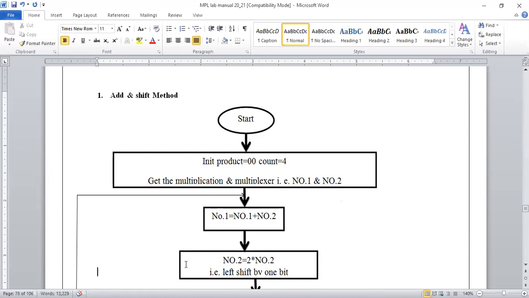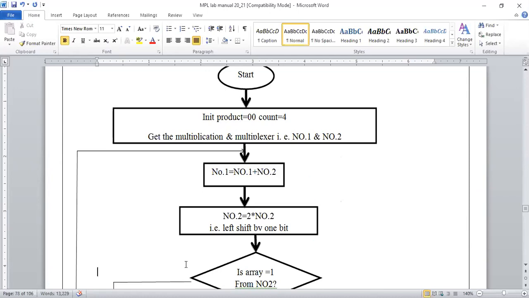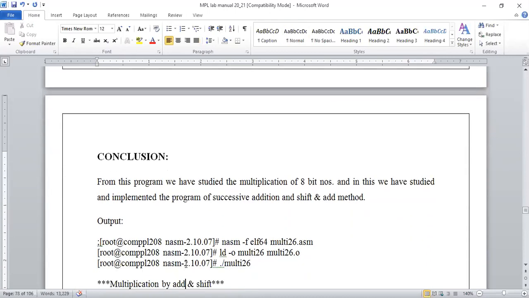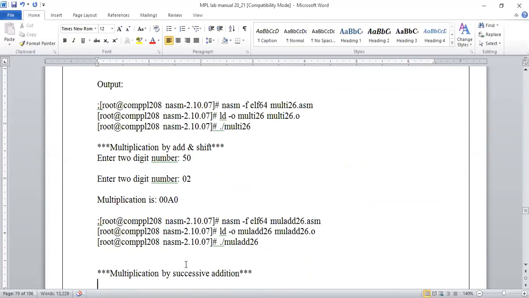So in this first shift, we need to have the count, right? It will be provided by initializing it to 4, because of 4-bit values, sorry, 4-bit values that you are able to get after one round, or one particular step. So it might be possible that within 1 or 2 shifts we might generate a carry. It will depend on the input which you are providing. With this, at least you might get the logic for this. Okay, so this will be the output you are able to get.